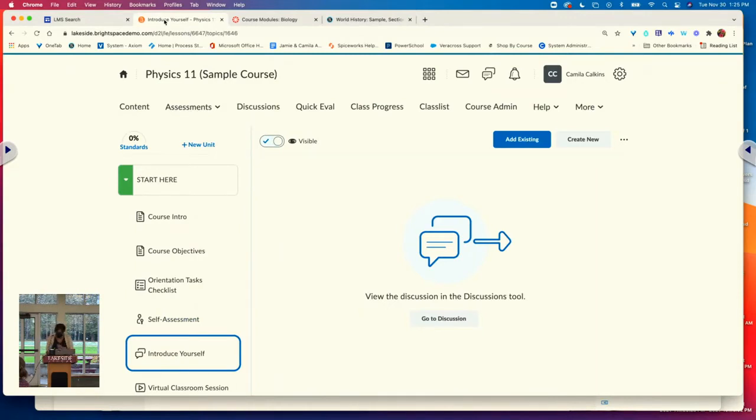Okay, so I want to talk about publishing content and the differences in how you publish it. So I think in PowerSchool we have the option to publish now or you can publish later and put the date in. And I think that's pretty much it. Is that all we can do in PowerSchool? Yeah. So if we go to Brightspace,